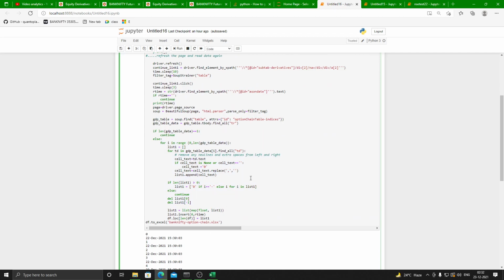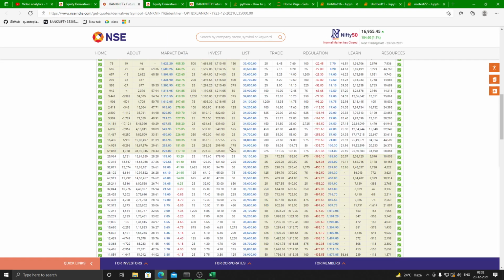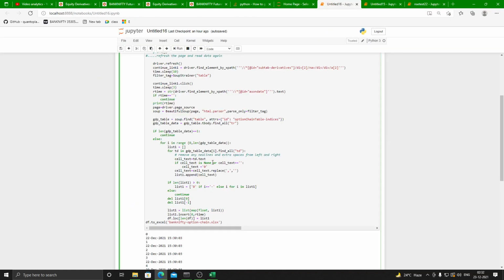Since the data will be present in a particular form, and you have a data frame to assign it to, you have to read it in a particular way to assign it back to a data frame in a particular sequence, right? Once it does that, it just assigns it to a data frame, and also writes to an Excel file at the end of the day just for records, right? So it won't take much time.